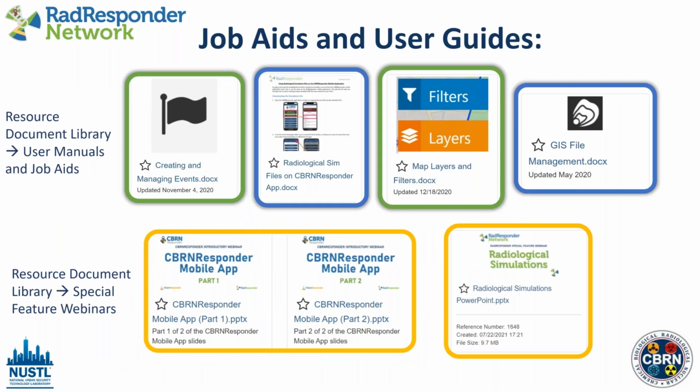We do have some job aids and user guides that apply to the skills that we are going to go over, so feel free to take a look at these. They're in our resource document library in the user manual and job aid folder, as well as the special feature webinar folder. Some of you may have been on the CBRNResponder mobile app webinar we had on Wednesday. That video and the slides are uploaded to our library, so feel free to take another look at those if you were able to attend, or if you weren't, you can take a look at that video and the slide